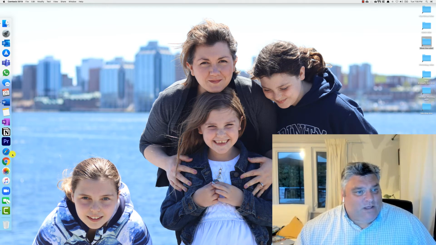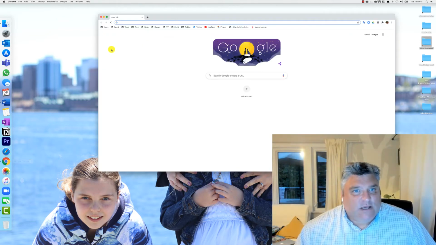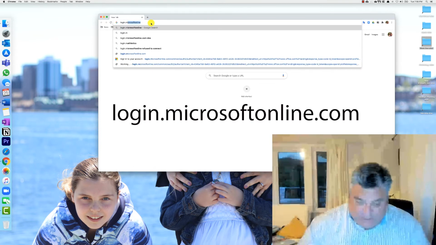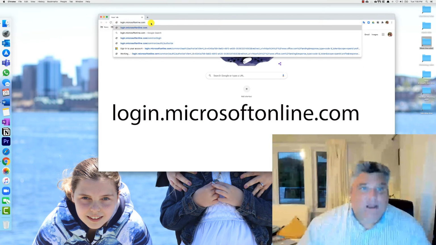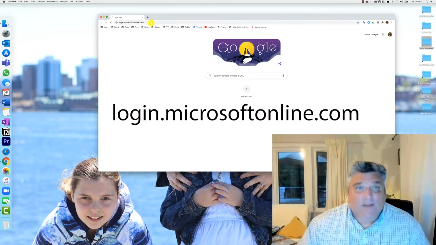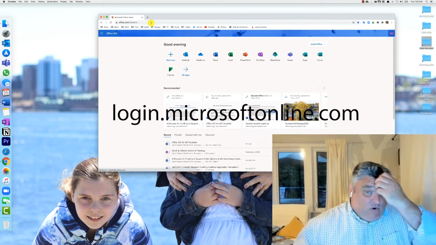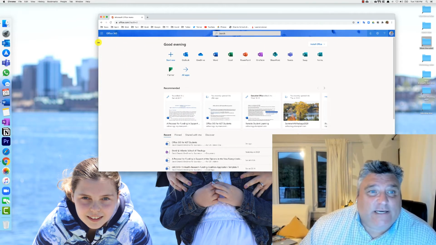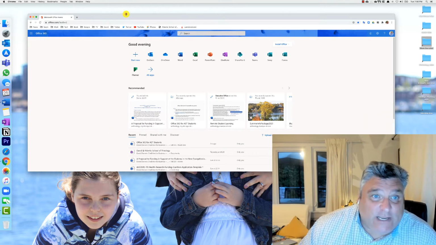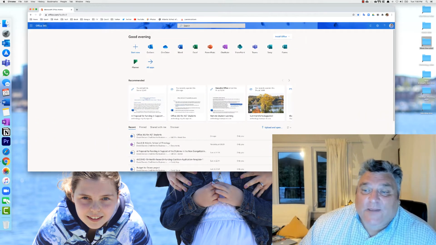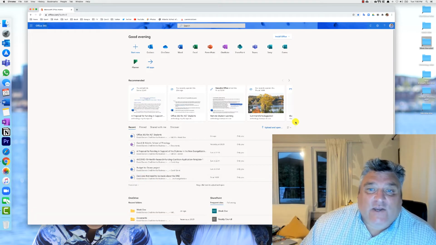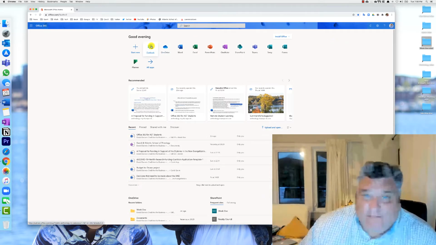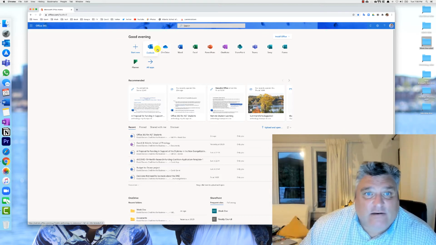Now, probably the most official way of doing this would be by going to login.microsoftonline.com. Login.microsoftonline.com, and this will take you to your Office 365 home on the web. Now, I'm already signed in, but if I wasn't already signed in, this would bring you to a page where you would sign in again with your AST email address and password, and then that will take you to something like this. And here you have, if you want to stay working online, your Outlook, your OneDrive,